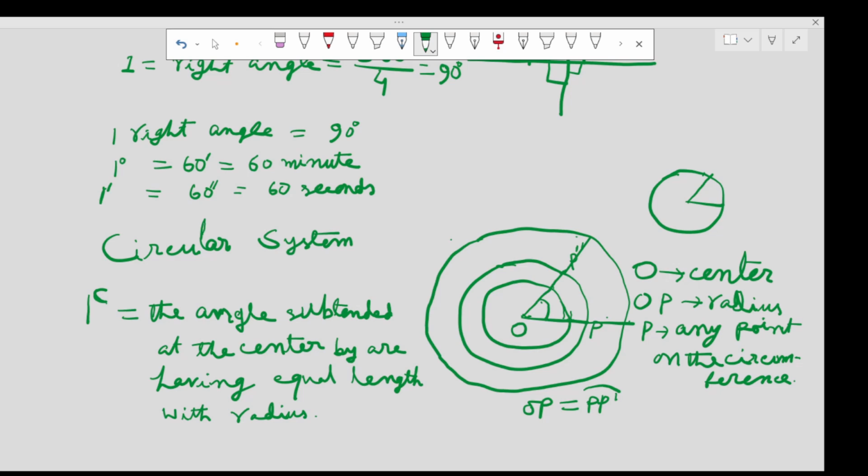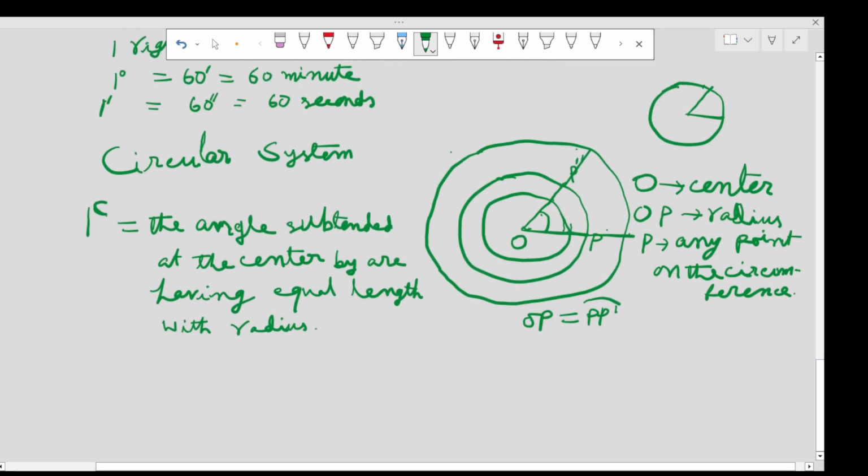One more thing we will discuss later. That thing is that radian is a constant, and the relation between radians and degrees. We may also discuss the relation between degree and radians. See, a simple way. There are many ways. One more thing we should discuss.